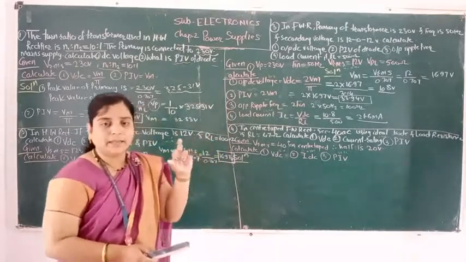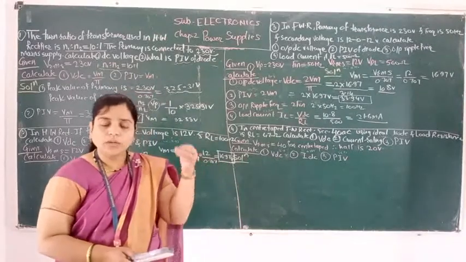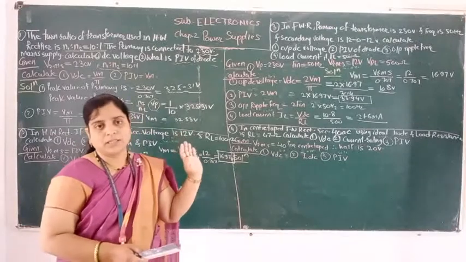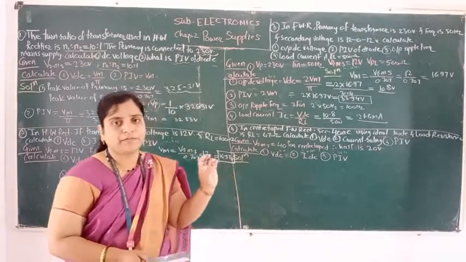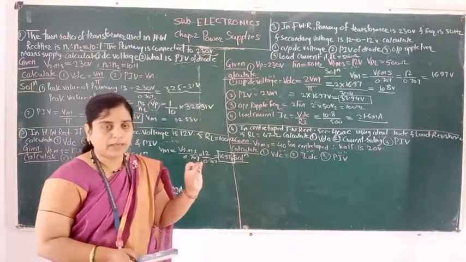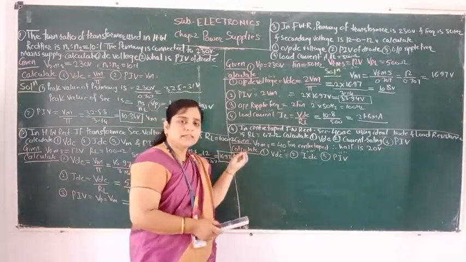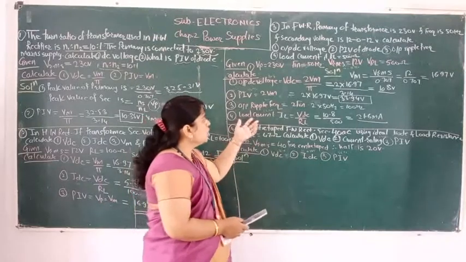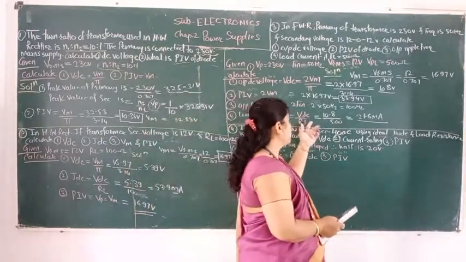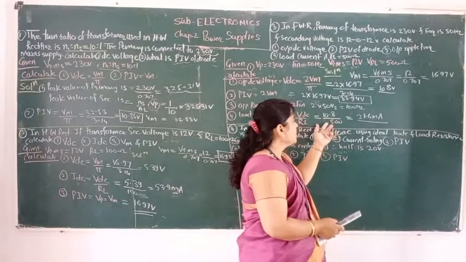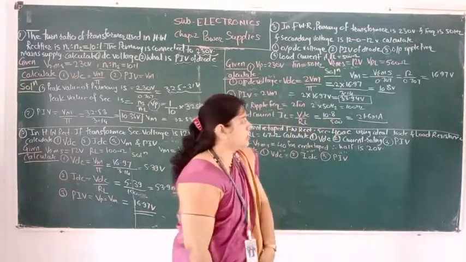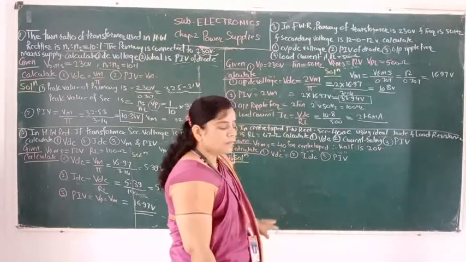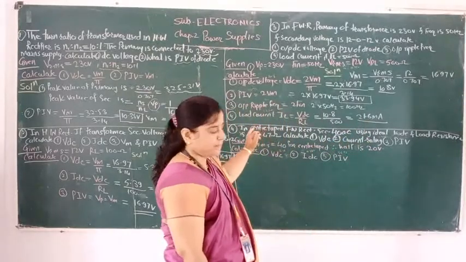The comparison table I have given you, learn that table. From that table you can solve all the examples asked for half wave rectifier, full wave rectifier and bridge rectifier. All the formulas are also given in that table. So see, load current IL is VDC divided by RL. VDC is 10.8 divided by 500. So how much is it? 21.6 milliampere. Do all of you understand up to this?